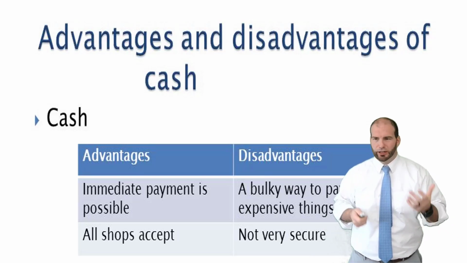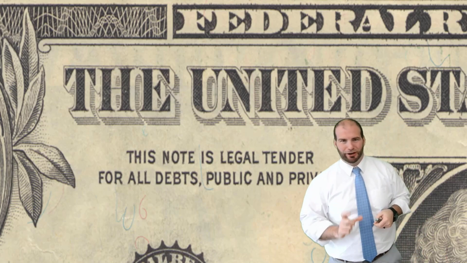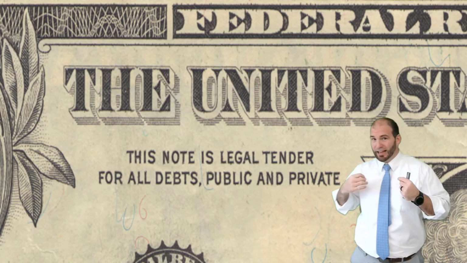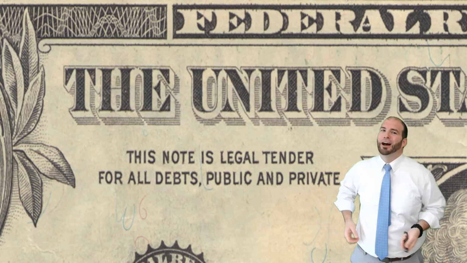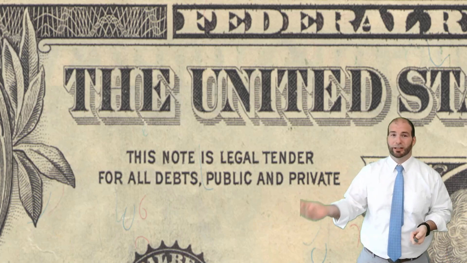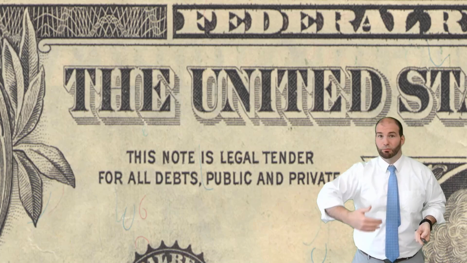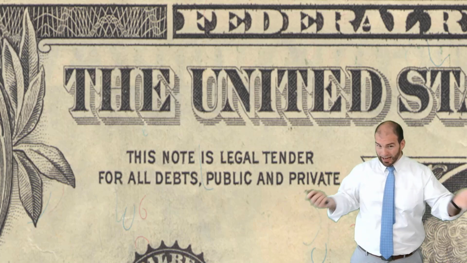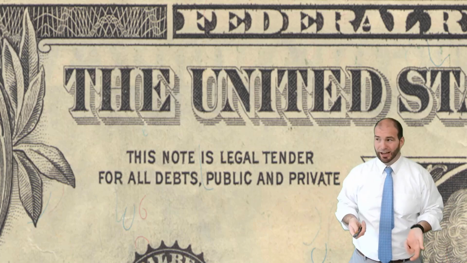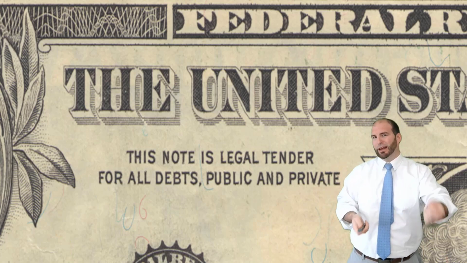It's also generally accepted. If you've never looked real closely at the money, it says this note is legal tender for all debts, public and private. In theory, it is accepted everywhere. Sometimes a fast food restaurant says they don't accept bills over $20, meaning $50 bills. Technically, they kind of have to take a 50 because it's insured by the government, so they can't say no.